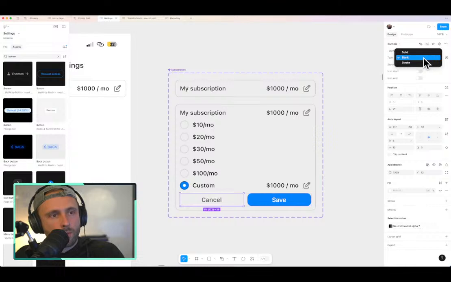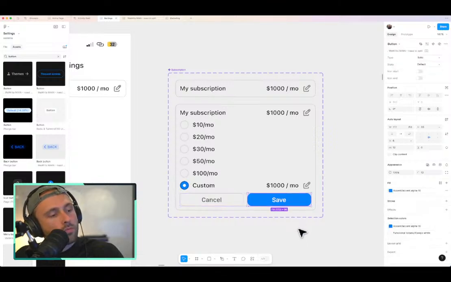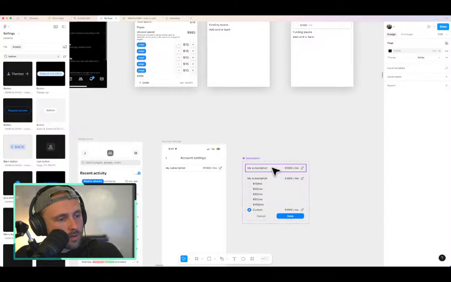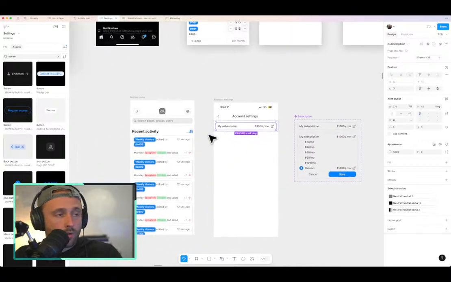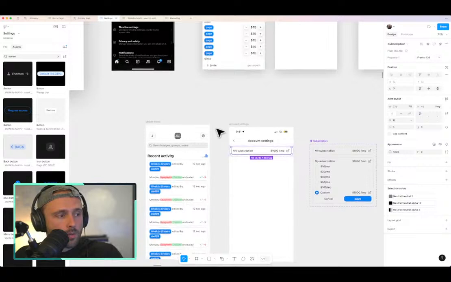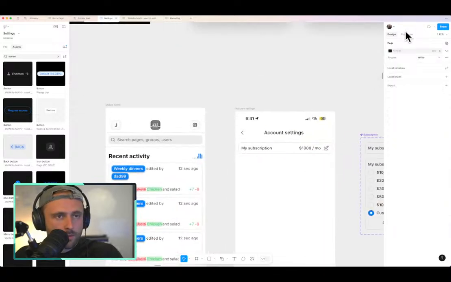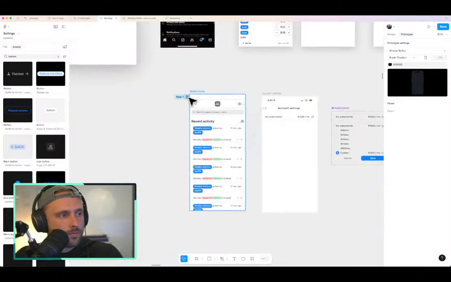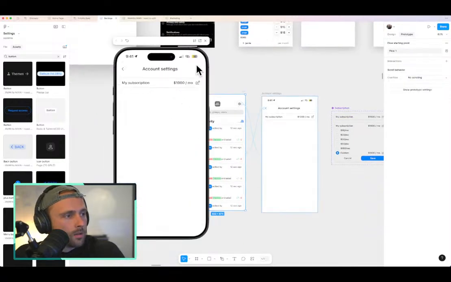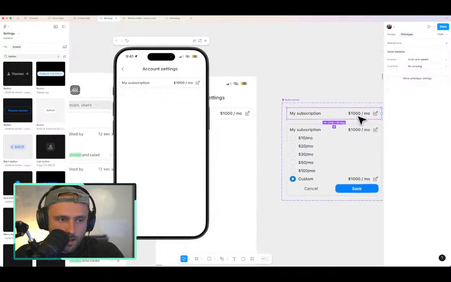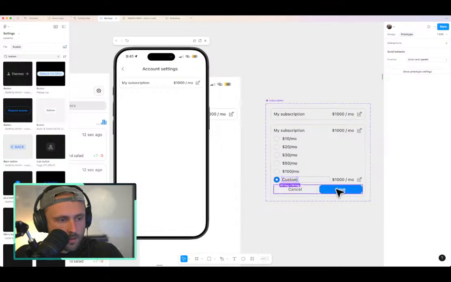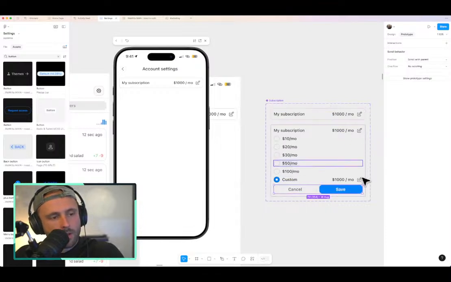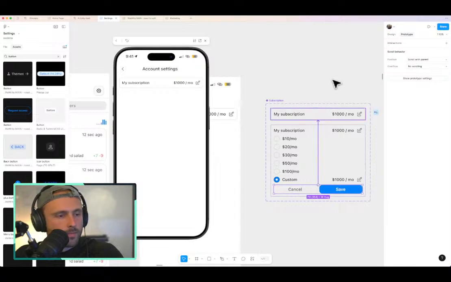Oh no. Okay, so blank. Alright, let's see how this looks. So let's go back to account settings. What else goes into account settings? I guess my username. I should be able to type in, like, change my username. Probably. So if I go here, I need to add a click. So upon click, change to smart animate. And then clicking either of these buttons should dismiss here, because I'm not going to prototype the whole